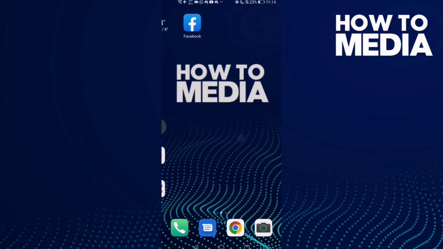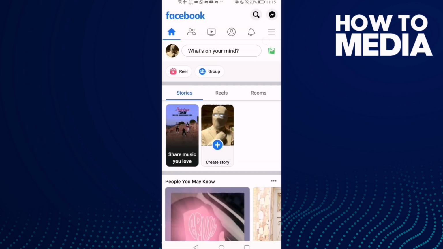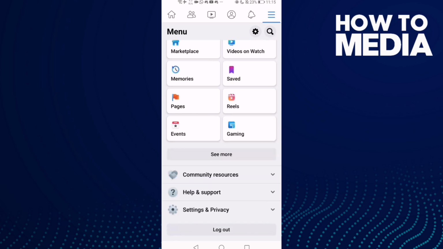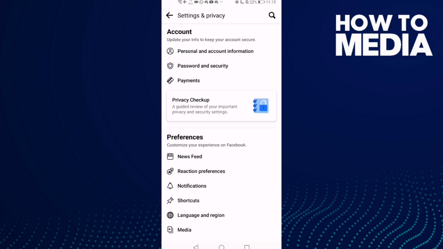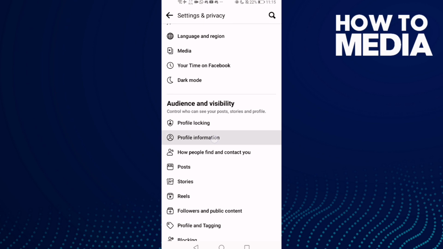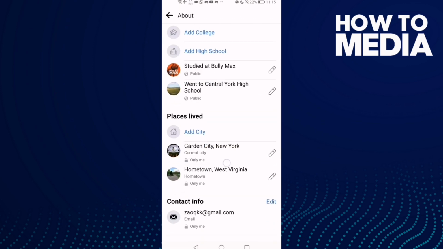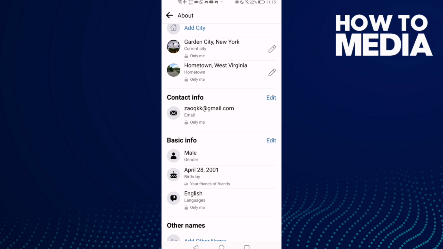First, go to Facebook and click these three lines here and go down until you find settings and privacy, and click settings. And now click profile information and then go down until you find basic info. Click edit,